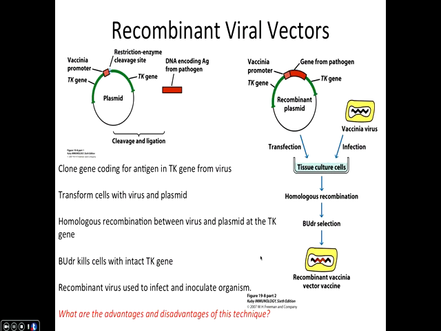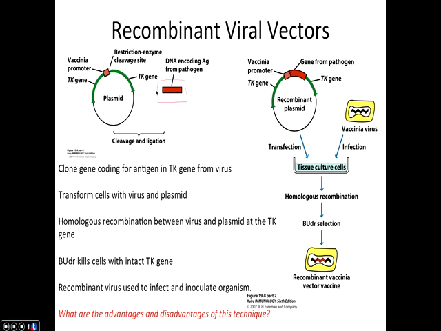Now let's look a little bit in detail of how you can do recombinant viral vectors. Now, in the previous one, we looked at DNA vectors, which are very general, and the idea is you're injecting them into tissue, you get random integrations, you're hoping to hit muscle cells, you're hoping to hit antigen-presenting cells, you stimulate B and T cell responses. Recombinant viral vectors are different because they would be targeted, meaning they would target tissues that you want this antigen to be expressed and presenting. There's not the randomness that a DNA vaccine would have.